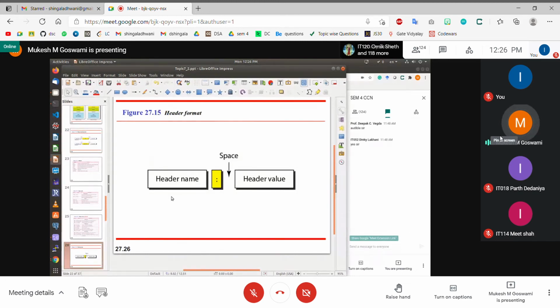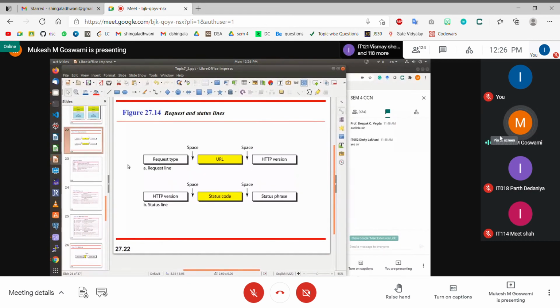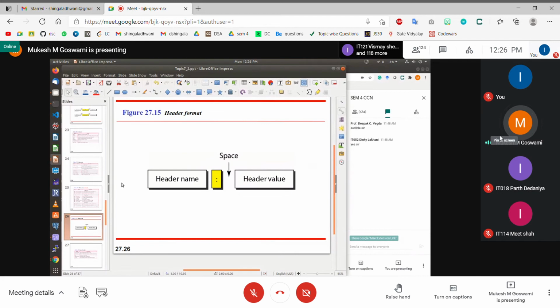Okay, so all the header. Now the next section, so first is the status line. Once the status line is generated, the next part is the header part, right? Request header and response header. The header actually has key value pairs. There are a number of parameters that we are passing in the header. All the parameters are passed as key value pairs. So we have the name of the header parameter, colon, the value of the parameter, and there is one space in between, right? After the space we have the value of the header.